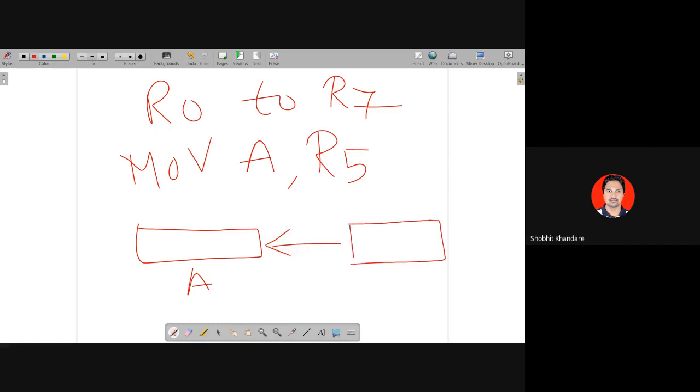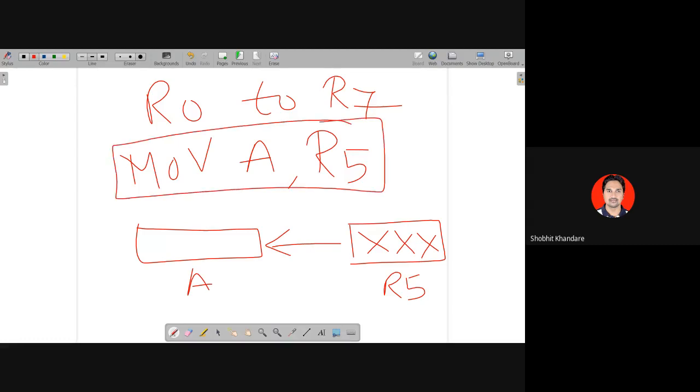Whatever is in the register R5 is going to move into the accumulator. So this is register addressing. I want everyone to underline register. The data that I have to access is in R5. I have to move that data into the accumulator. What instruction will you use? Move A, R5. Okay, so this is the simple one.